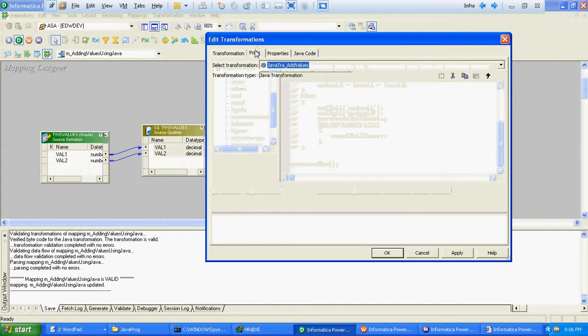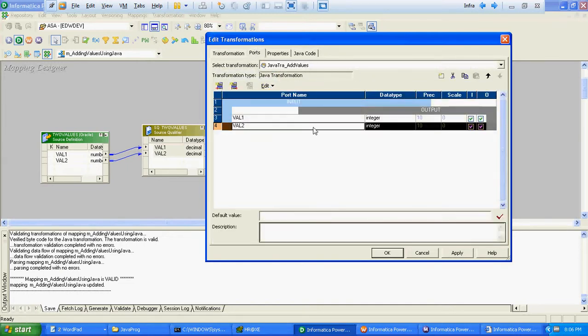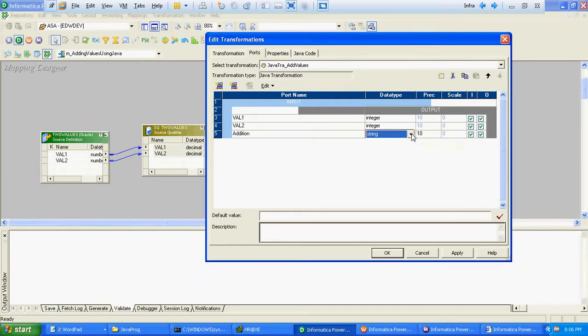So what we will do is we will create additional port addition. This is also integer type.